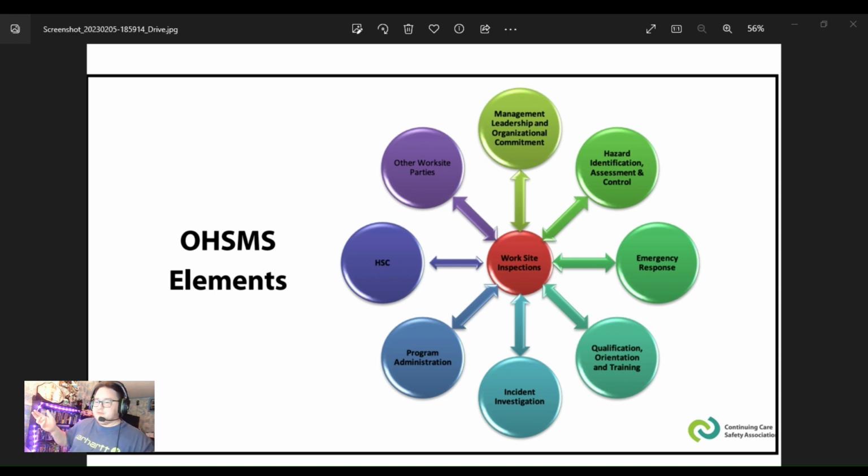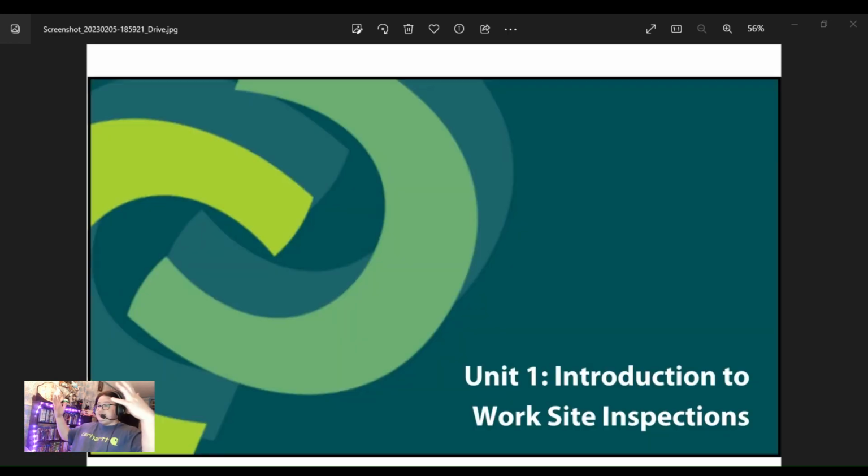So we take a look at those. We factor in if there's any hazards around. We can do inspections around. We and health and safety committees are now legislated mandated to be involved in workplace inspections. So that's super cool. And we made it.